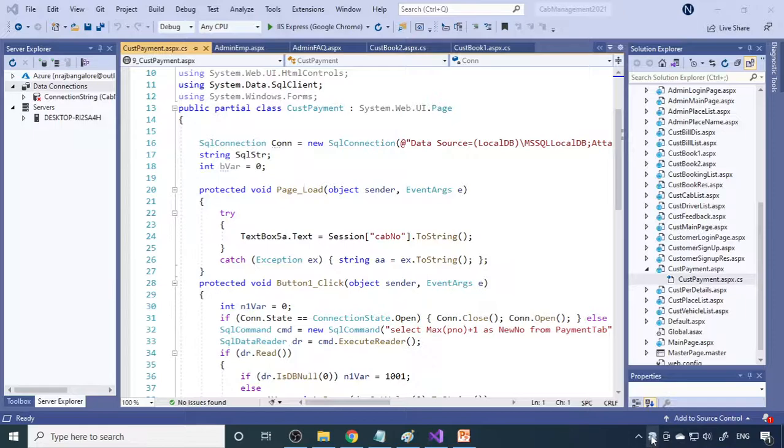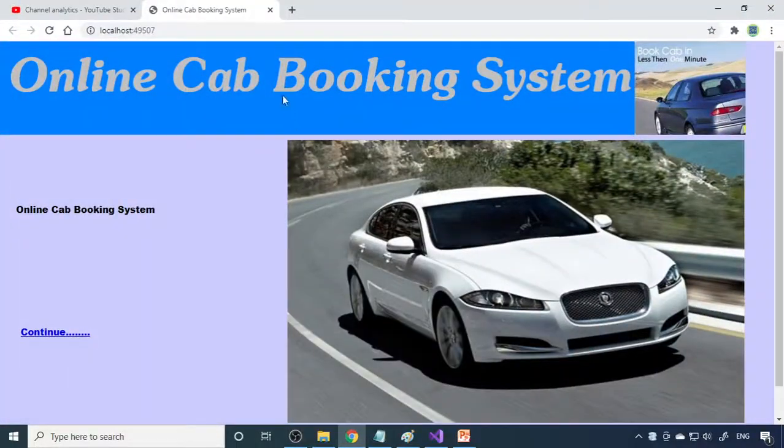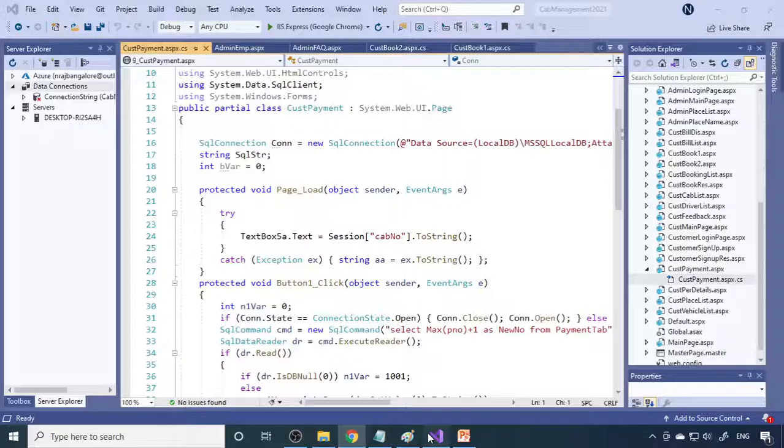You can see there is an IIS icon here. If I right-click, you can see Cab Management is still running. If you click on this link, it will open the cab management. Now you can work independently in the browser and also with the coding. Any changes we make here, we can save and then execute. So I stopped the project and am running it from this IIS.